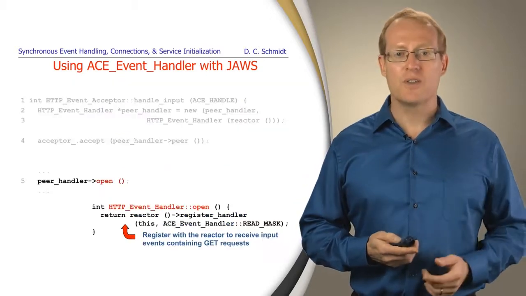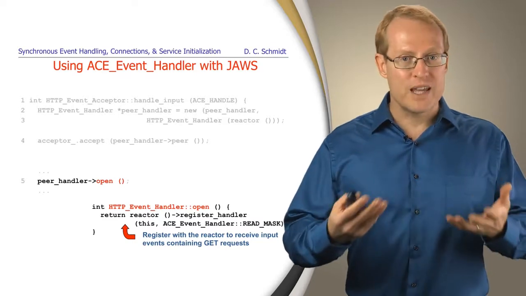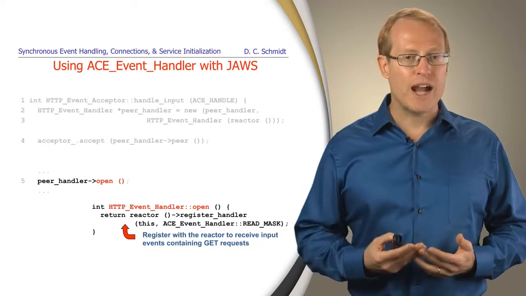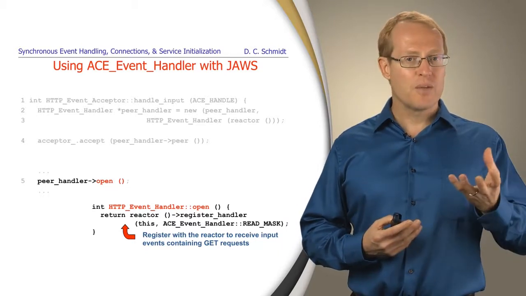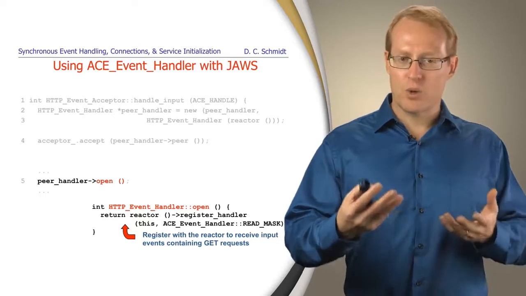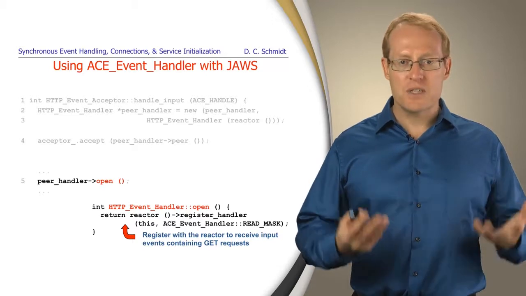What the open hook method does, as we show here, is turn around and register the event handler back with the same reactor that's being used to drive the acceptor logic. So now both connection accept events and read events, which correspond to GET messages, are going to be handled reactively by the same event loop,